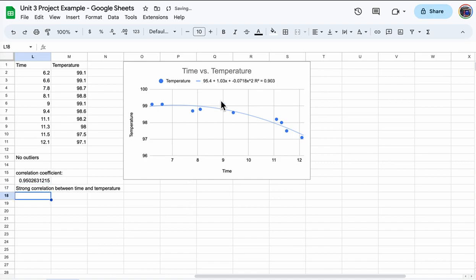To make a prediction, I'm going to use the actual function. So I'm going to say predict the temperature for a person who runs a mile in 4 minutes, for example. That's going to be equal to, I'm just going to follow the model here, 95.4 plus 1.03 times the x value that I just decided on, which is 4, plus a negative, so minus